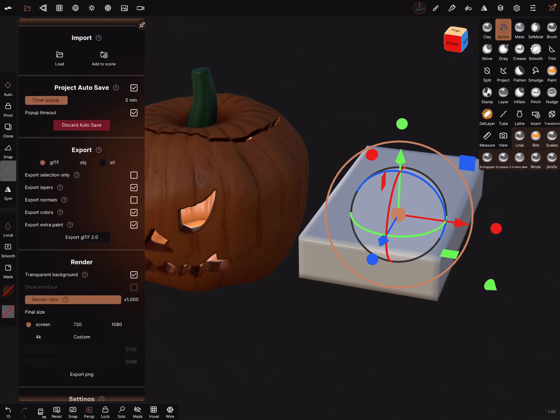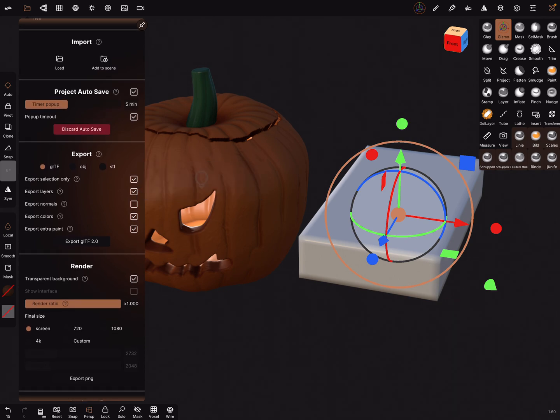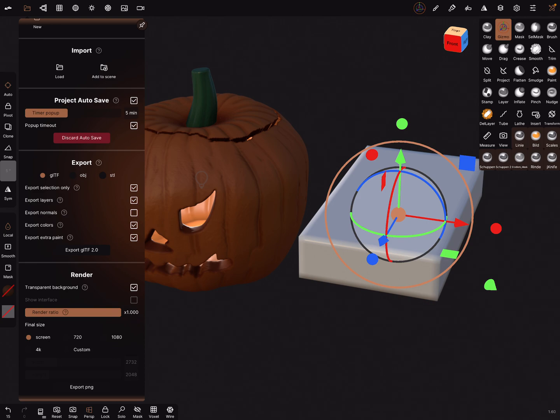You can switch it on, off, and when this hook is set, it exports only the selection,